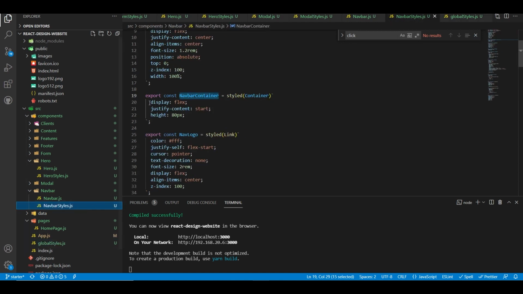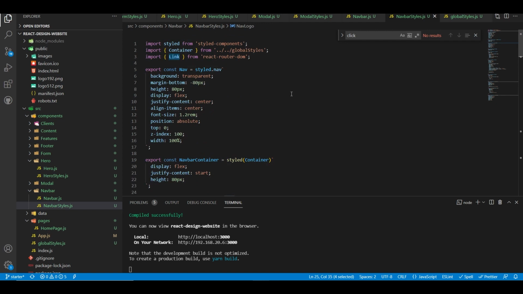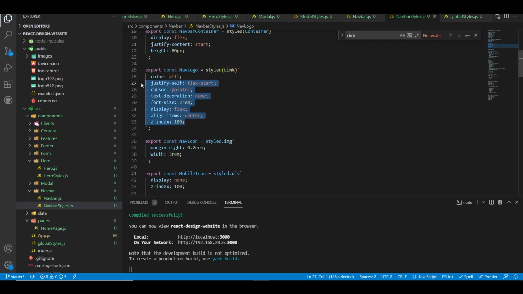And on top of that, I'm going to say it's going to be display flex, justify-content start, and height of 80 pixels. Same thing with nav logo here. It's going to inherit all of the properties from React Router DOM Link,